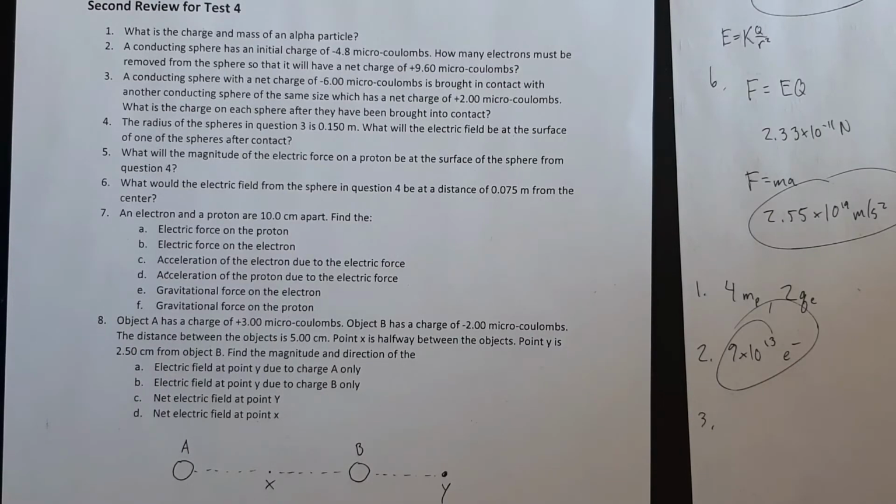Now if you're looking at these conducting spheres, they're the same size and they're conducting spheres. So on a conducting sphere, each of these electrons is going to try and get as far away from each other as possible. They're going to spread out evenly. So if we've got a total charge of negative 4